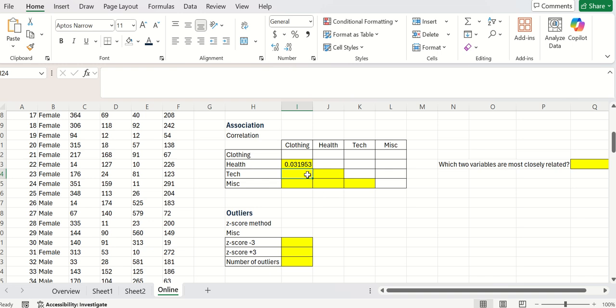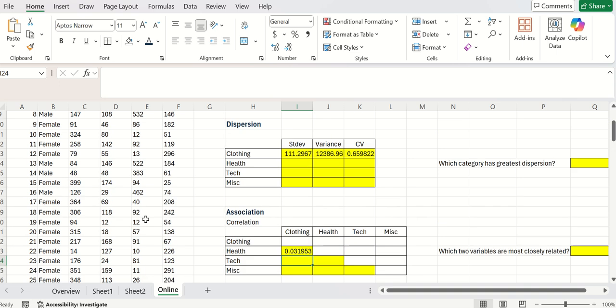This says that 0.03 is the correlation. So there is a very small, all right, because correlations we'll talk about later on about the strength. This is a positive correlation of just 0.03. Now you can do that for each of these